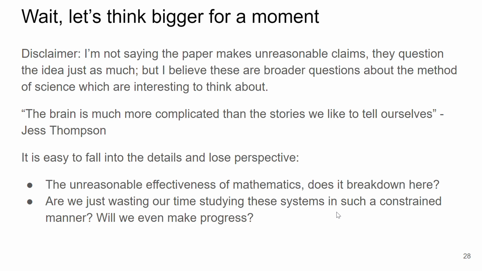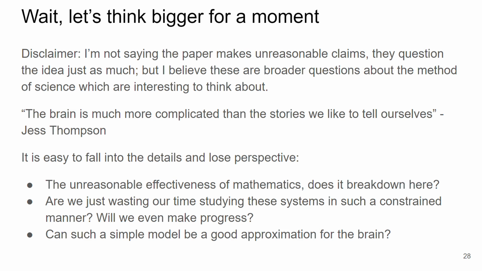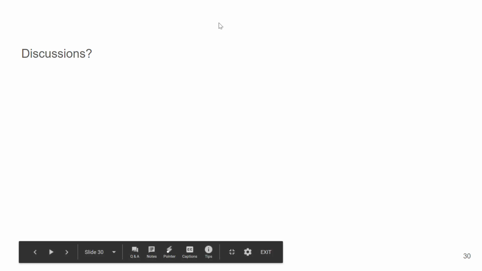Because we're looking at a very specific part of the brain and trying to overfit multiple hypotheses on this very small data. And I know that I don't have an alternative approach. I don't have a better way to go about things. But it's just frustrating that we are modeling very simple systems to approximate the brain. I would like to wrap it up. If you guys have any comments or... I was kind of thinking the same thing because those